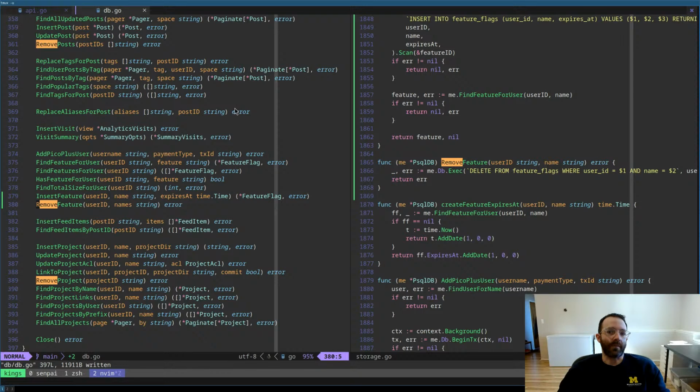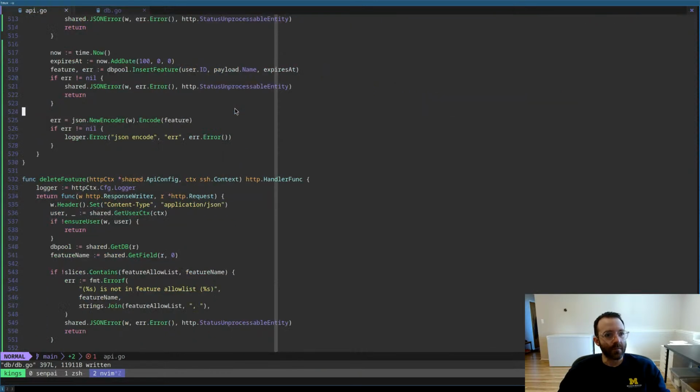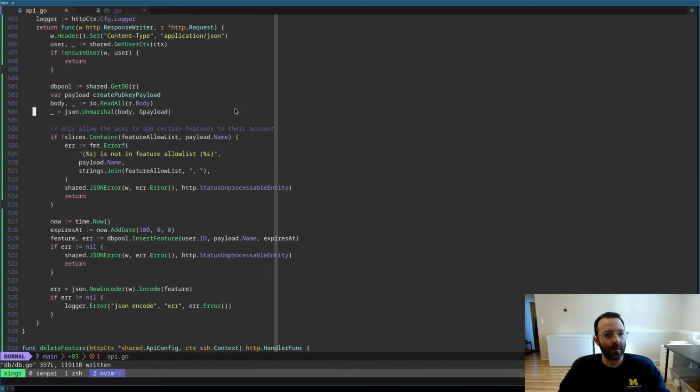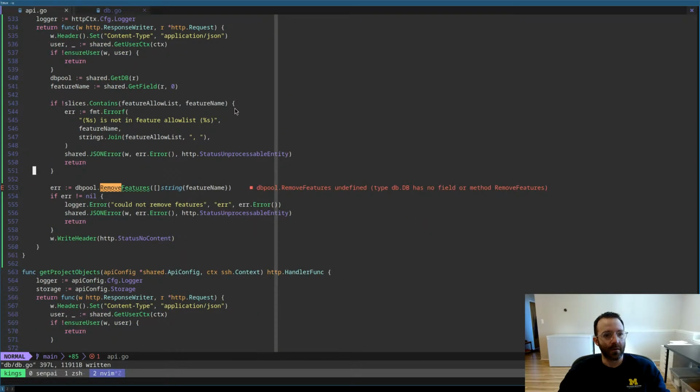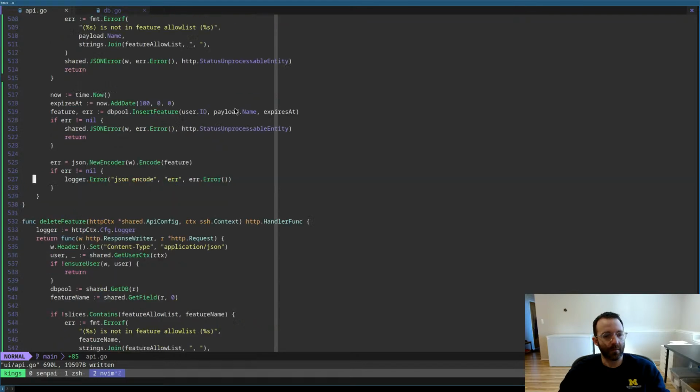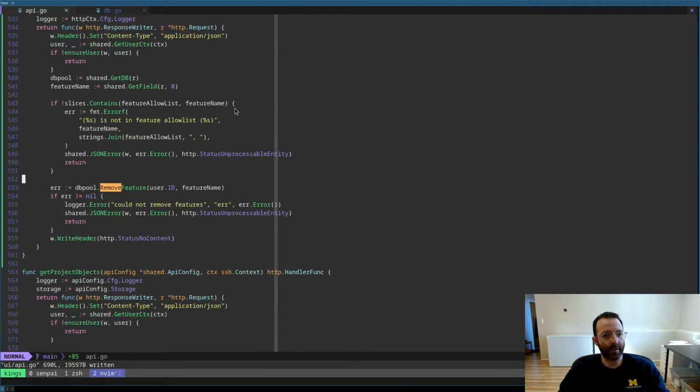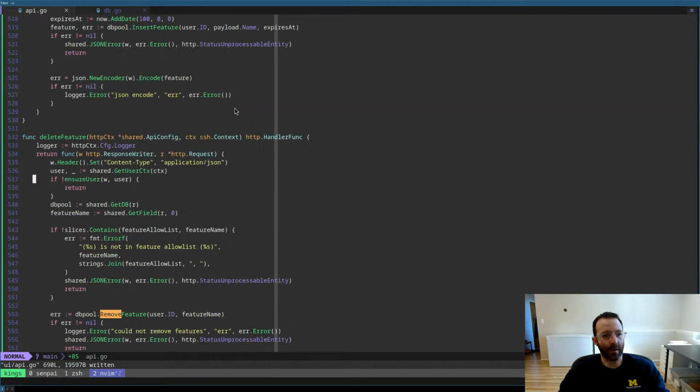Yes, exactly. Okay. So it is now implemented. And the only thing we need to change is this. Include user ID and feature name. All right. I believe this is fully implemented in the API,